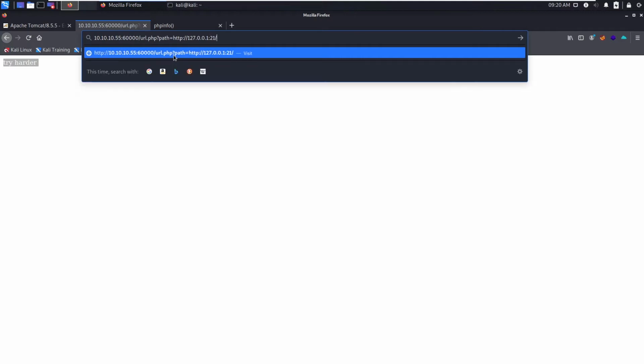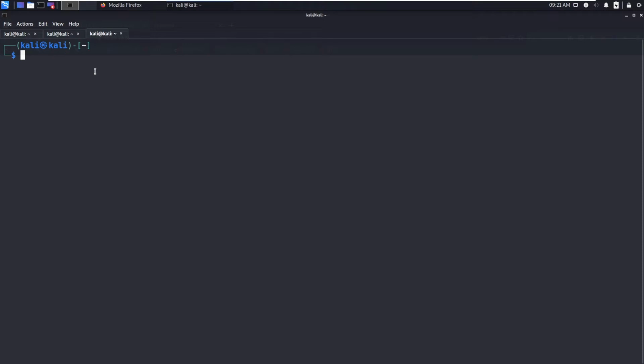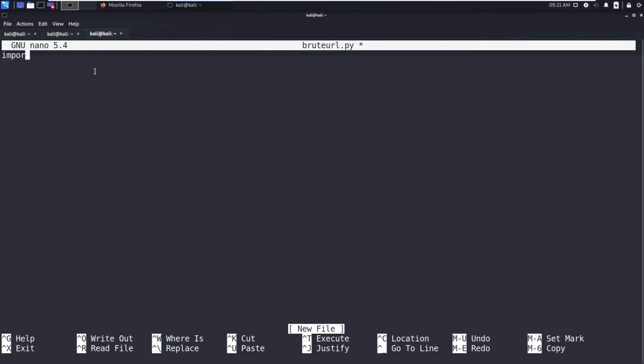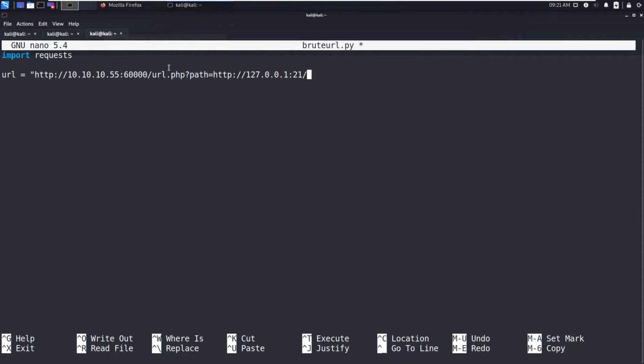Okay, let's try the port 21. So it's similar to netcat. When you connect to netcat using the ports, you will get the same information, but there are some local services that should be accessible only by this box. So what you can do is write a Python script: import requests, URL is this URL, and here what you need to brute force is this port number, right?